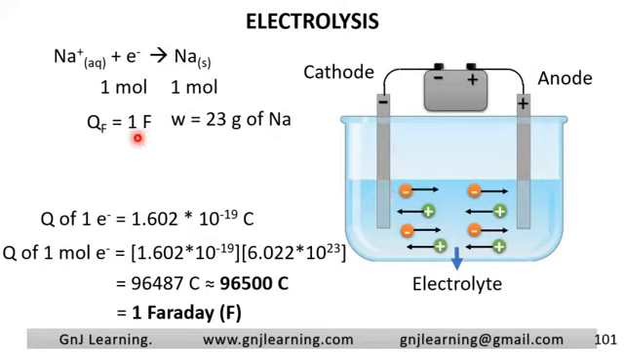Clear? What happens if I increase the charge here? Suppose I increase the charge by 2 Faraday. That means 2 moles of electrons. I am supplying 2 Faraday of charge at the electrode. What will be the amount of sodium deposited here? So 1 Faraday gives the molar mass, then 2 Faraday gives 2 into molar mass, that is equal to 46 gram